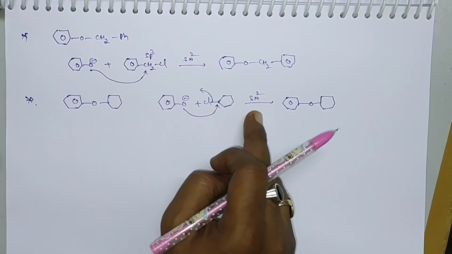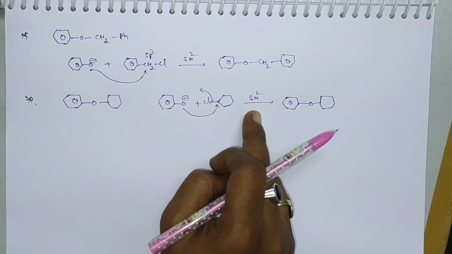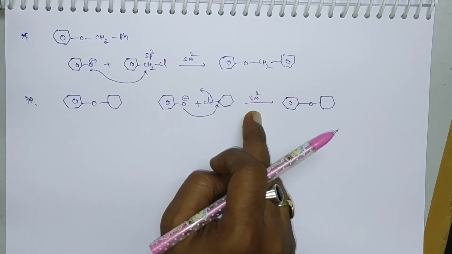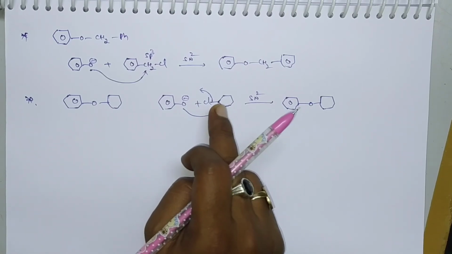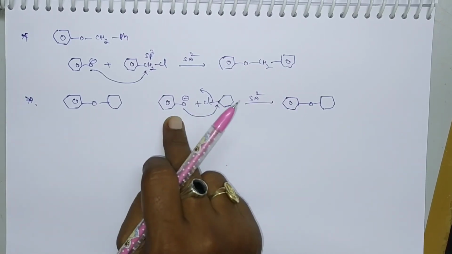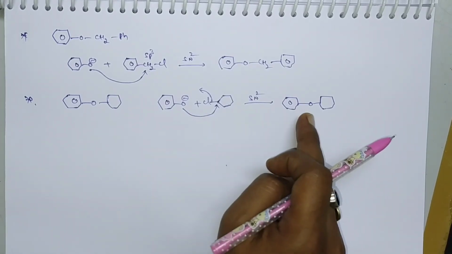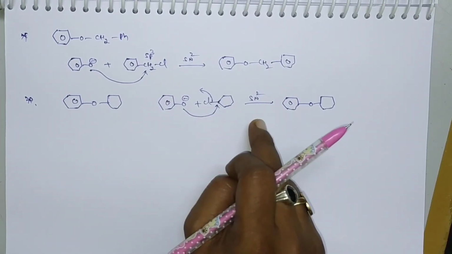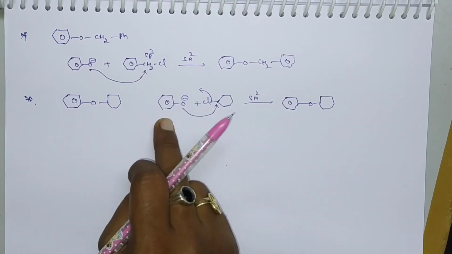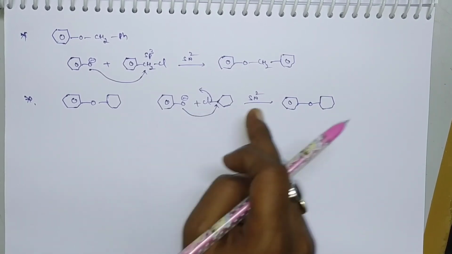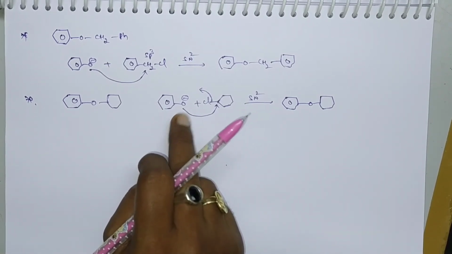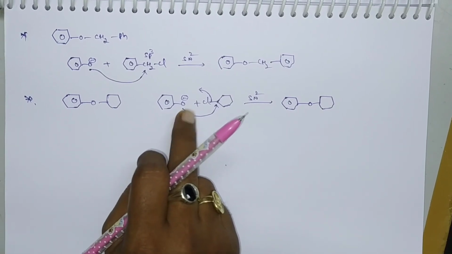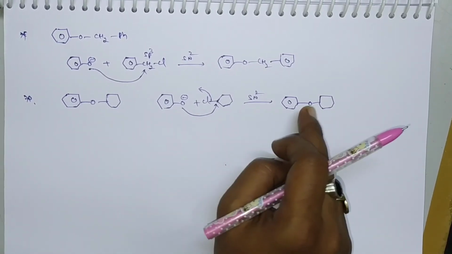How is it possible? Let us check. Generally primary alkyl halides are involved in SN2 reaction, whereas tertiary alkyl halides are involved in E2 reaction. But here it is a secondary alkyl halide. In a secondary alkyl halide, if it is a weak base, then the reaction will proceed. Remember carefully: in case of a secondary alkyl halide, if the base is a weak base, then it proceeds through the SN2 mechanism. Here it does not react as a nucleophile; if it behaves as a base, then it is involved in the E2 reaction.